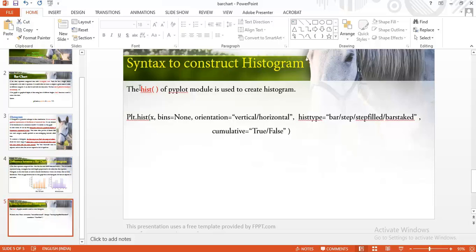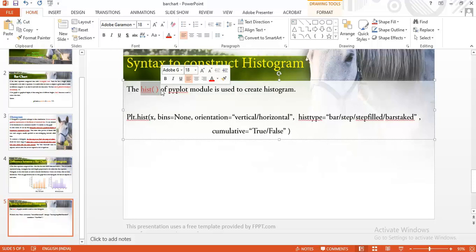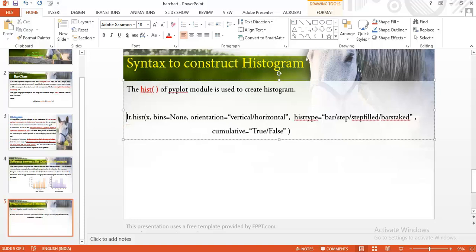Now let me explain the syntax of histogram. We use the hist function, HIST, to construct a histogram in pyplot. It takes various attributes, first the x-axis data, which may be any sequence or array.